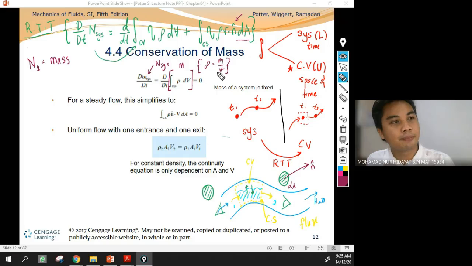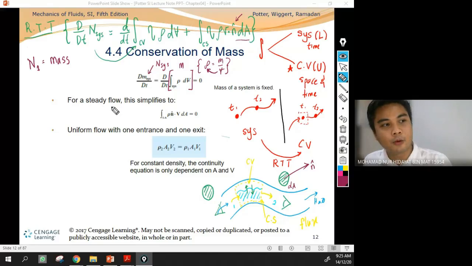So in order to get mass, density multiplies with volume. You can see density multiplied with volume gives the mass. So this equation is the same as this equation. However, this term is related to the integral form. Alright? So from here,